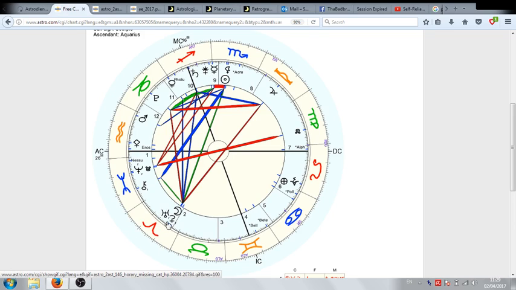All right, so then we look to the ruler of Aries. Because the moon symbolizes the cat and the moon is in Aries, so we look to the ruler of the sign that the moon is in, and the ruler of Aries is Mars. As you can see, Mars is over here, in the 12th house. The 12th house represents hidden areas and places where people are unable to view in a way that is clear to them. It symbolizes a place that is hidden from sight. So you've got Mars over here